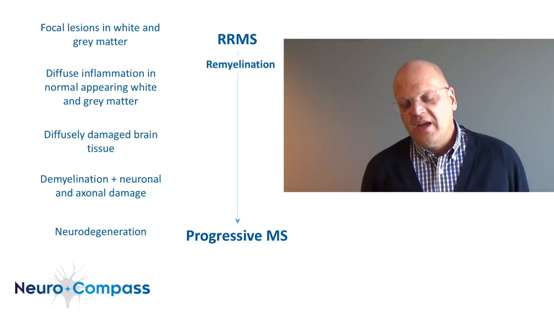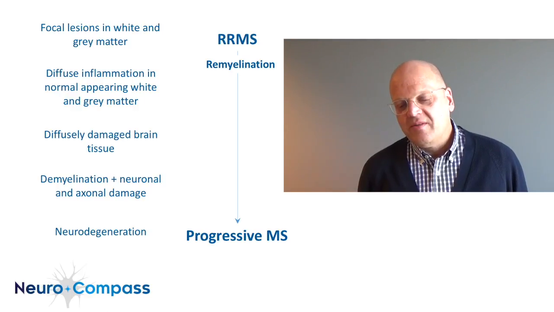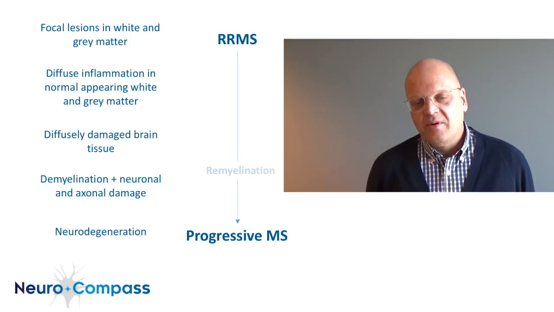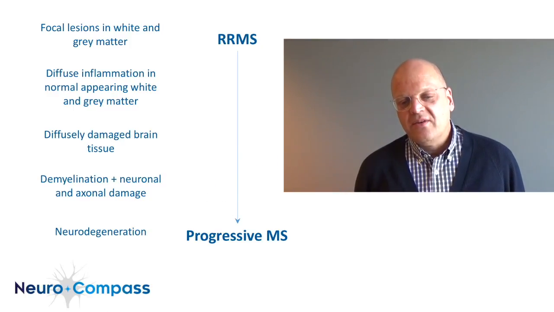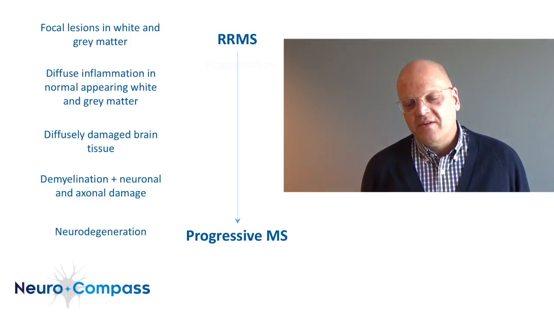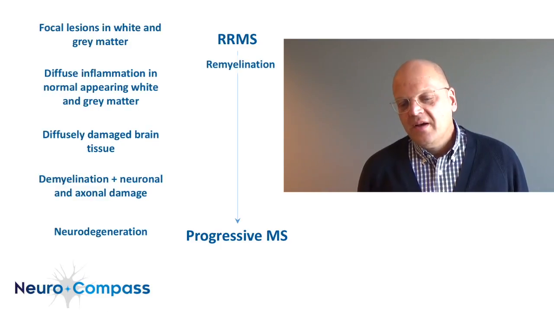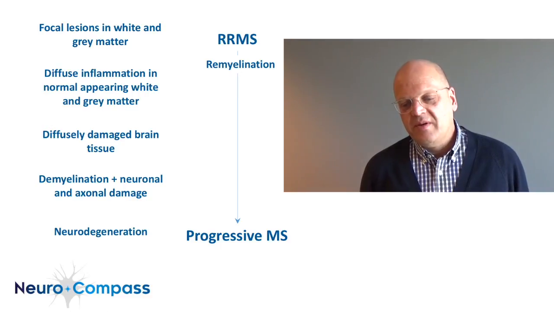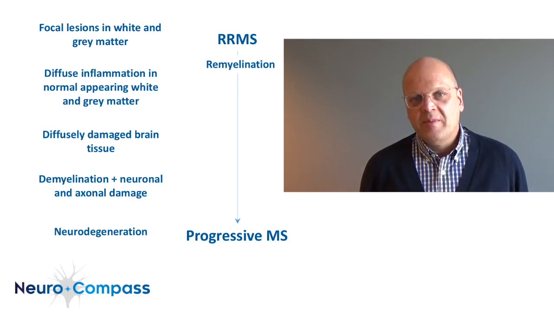And this is associated with only limited repair within the lesions that we see in progressive disease stages. Whereas in relapsing remitting MS, we see extensive remyelination, or formation of new myelin, this is extremely limited in the progressive disease stage. So all these different features of the lesions and of the diffuse damage in the brain contribute to disease progression and make a difference between progressive and relapsing remitting MS.